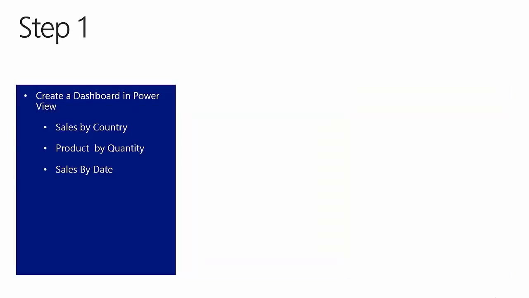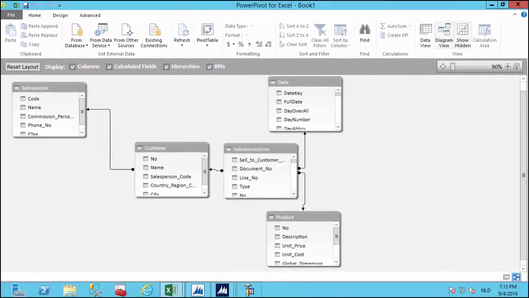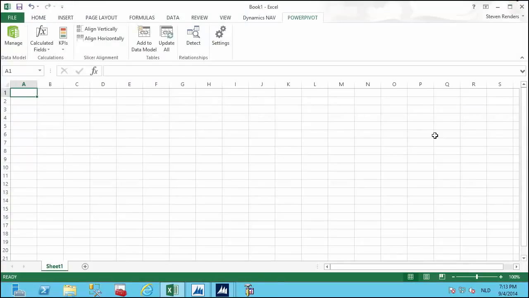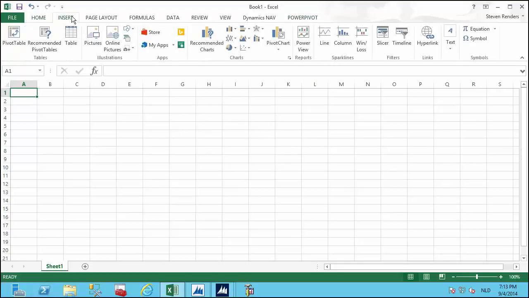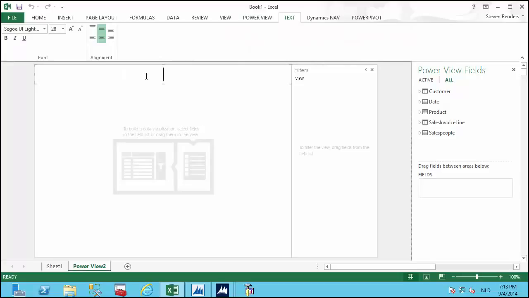Let's get started with the first step and see how we can create a dashboard in the Power View with the charts for sales amount by country, quantity by product, and sales by date. So here we are in Power Pivot, where we have prepared our data model, and I am going to close Power Pivot. And the next thing that I'm going to do in Excel is go to the Insert menu and insert a Power View sheet. The Power View sheet is right here. I'm just going to provide a title, sales dashboard,